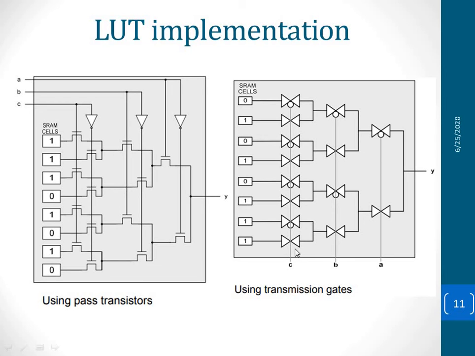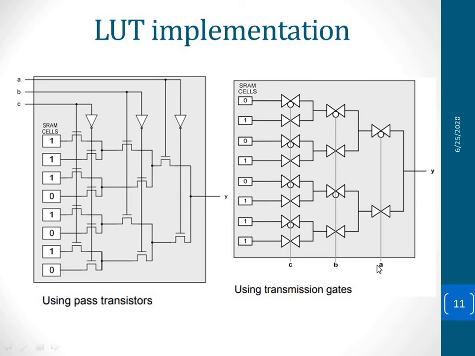Similarly here you can see for any pass transistor we have inverted and non-inverted. This is non-inverted and this is inverted. Whenever we have inverted, if logic 0 is given, then it will be acting as a pass gate. And for a non-inverting one, when we give logic high as input, then it will be acting as a pass gate, like a closed switch. You can imagine it like a closed switch or open switch.